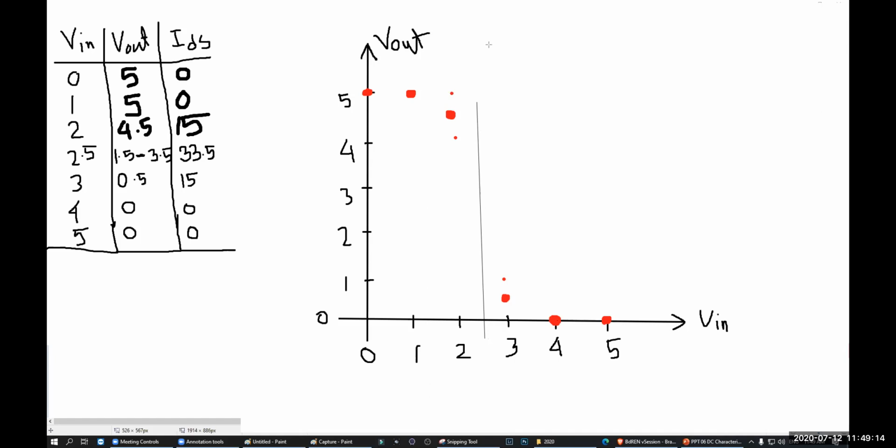Okay, I have drawn a line. Now for 2.5, the value is 1.5 to 3.5. Why is it 1.5? This is 1. This is 2. This is 1.5. This is 3. This is 4. This is 3.5. Okay? Now if I connect all the big dots together, you will see your graph is like this, right? Understand how we got that graph?